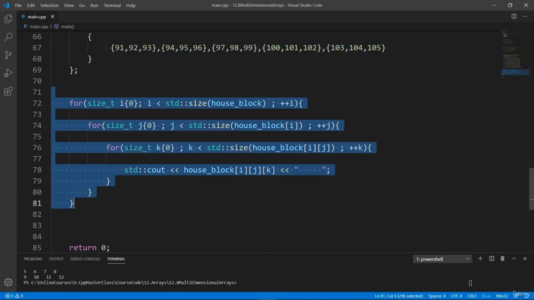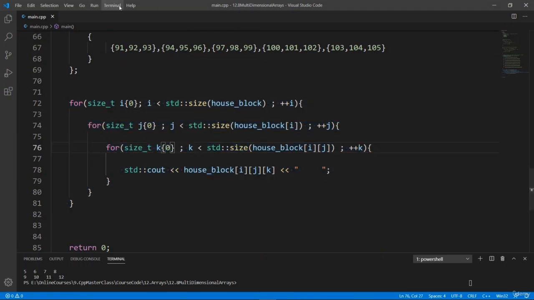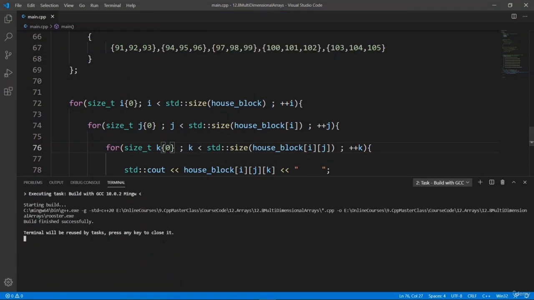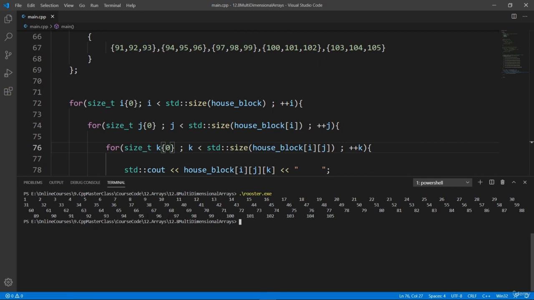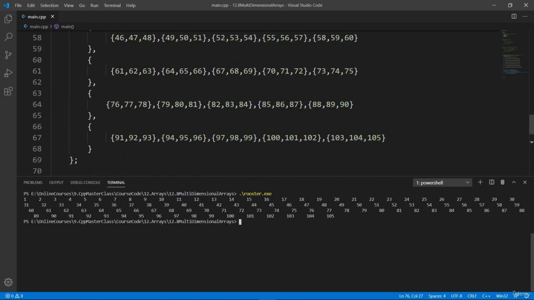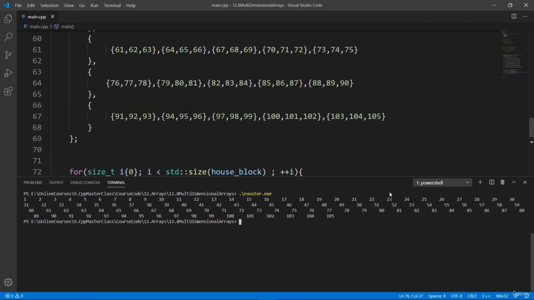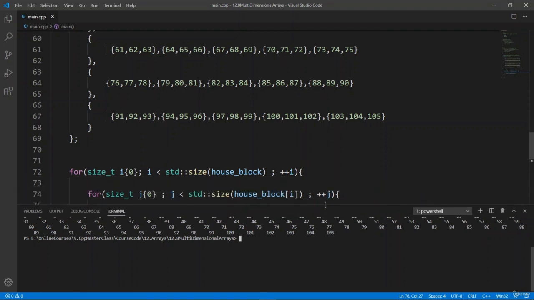Okay, let's try and run this and see if the compiler accepts whatever we have been doing here. We're going to build this, and we're going to clear. The build is good. We're going to run rooster, and you see that we are printing all these numbers here. The first one is 1. The last one is 105, and you see that we have the data, but it is really cramped because, again,